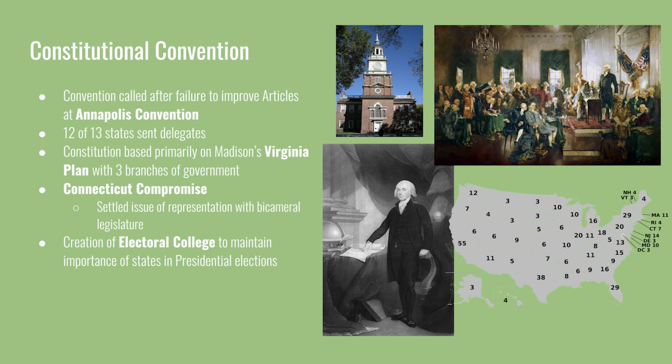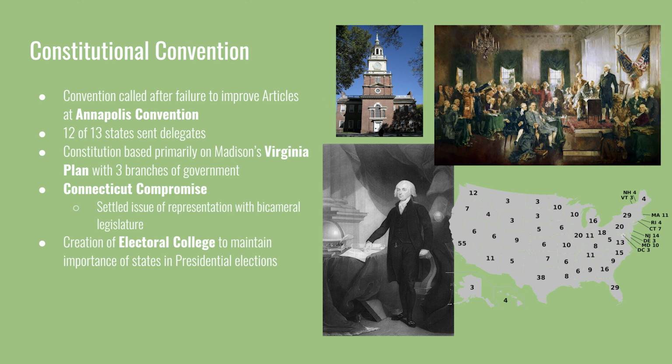As soon as James Madison got there, he knew in his head that they were going to have to start over from scratch, that trying to amend the Articles of Confederation was going to be too difficult, and then if they did manage to agree on something at the convention, getting those amendments passed would require a unanimous vote by all of the states, so it was better to just start from scratch. In meaning to write a new constitution, they were essentially overthrowing the current government and trying to put a new government in place. They had to do it secretly, so they met at the Pennsylvania State House in Philadelphia behind closed doors.